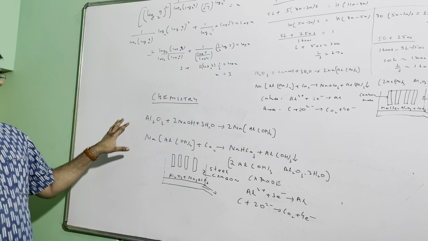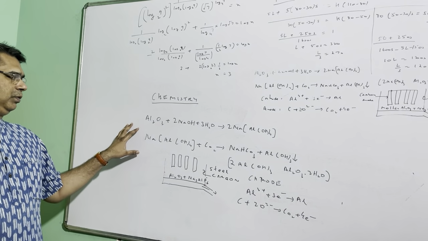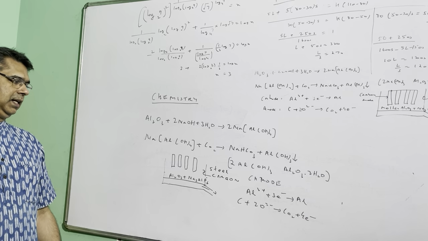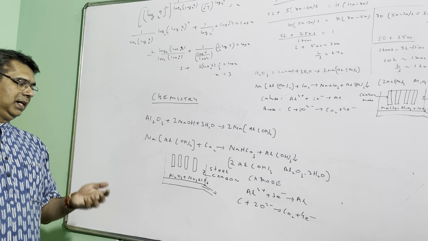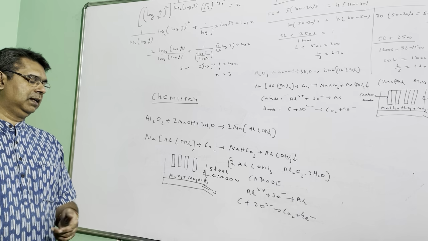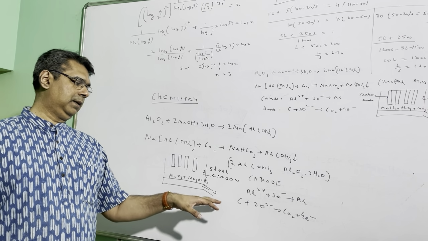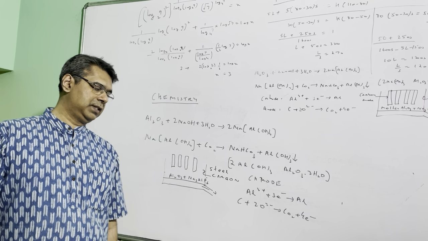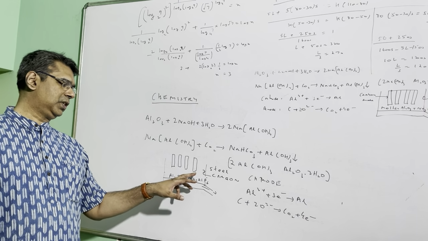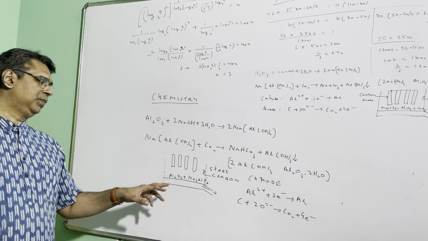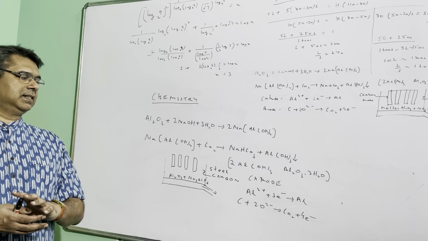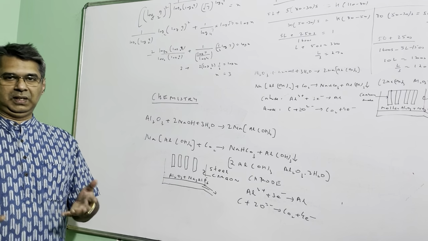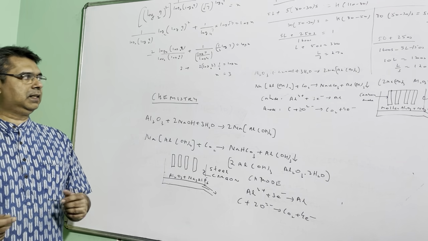So the first option in the chemistry question was that when you pass CO2, you get hydrated alumina as precipitate, which is correct. The second option was that cryolite is added to lower the melting point, that is correct. The third option was that at the anode you get CO2 gas, which is correct. And the fourth option was that the chamber is steel and the carbon lining plays the role of the cathode, so that is also correct. It was a multi-correct question, and all 4 options are correct.